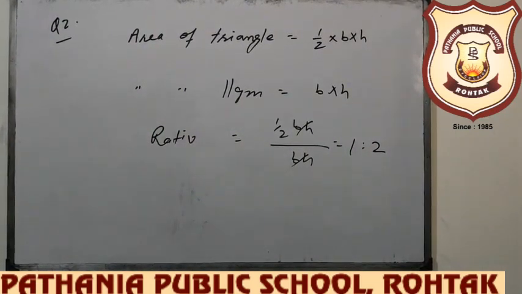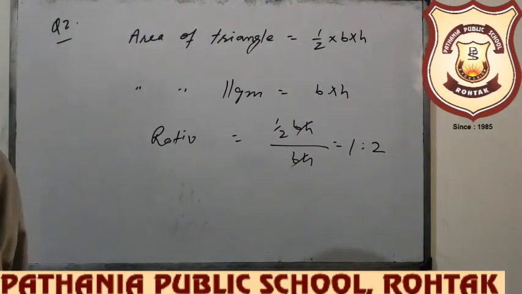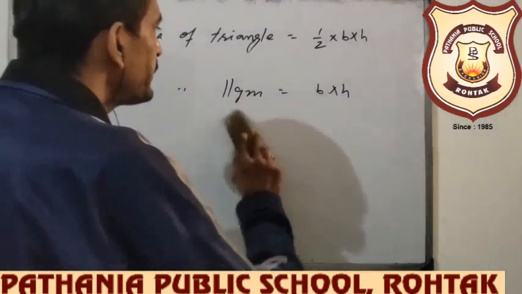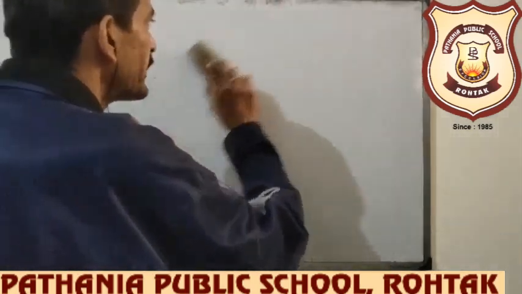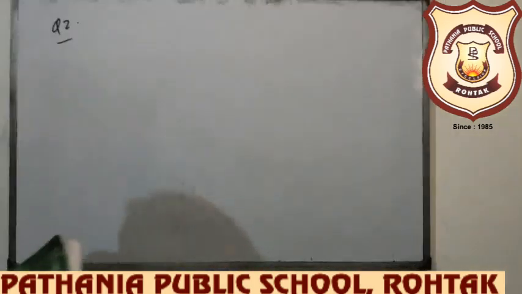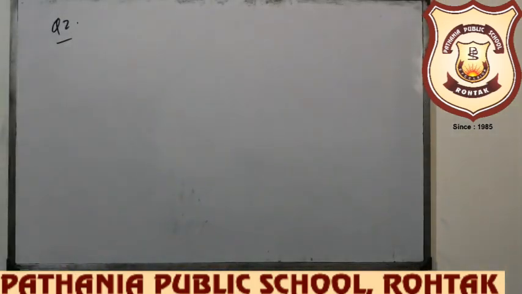So beta, in this way, if you want to calculate the perimeter of any figure, then what is the perimeter? As in previous classes also, you know that perimeter is the total length of boundary. So some questions are given, figures are given to find the perimeter. In that figure, you just calculate the total length of boundary, just like question number 3 and 4. Now I want to tell you the question number 5.